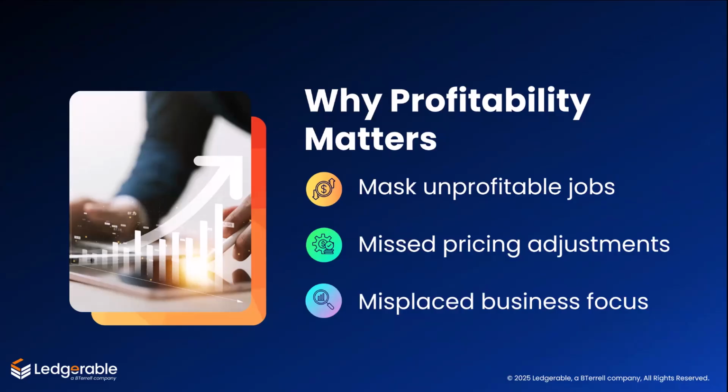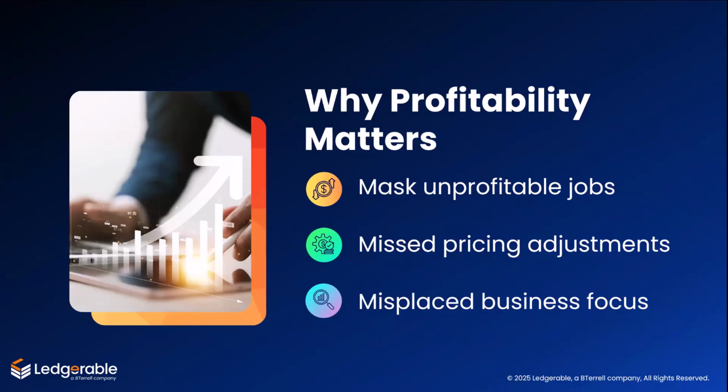I've also worked with a contractor who was proud of their overall 18% margin. On the surface, it looked pretty solid. But when we broke the profitability down by job type, there was a very different picture. Their residential remodels were averaging a 25 to 28% margin, which is fantastic, but their commercial jobs were closer to 10 to 12%. Even worse, a couple of the large commercial jobs actually lost money. The owner told me that they had been chasing these big commercial jobs because they look impressive, but they are the ones that are dragging them down.